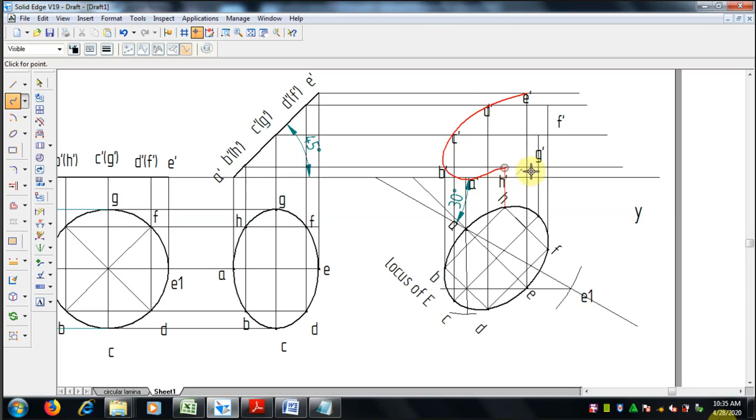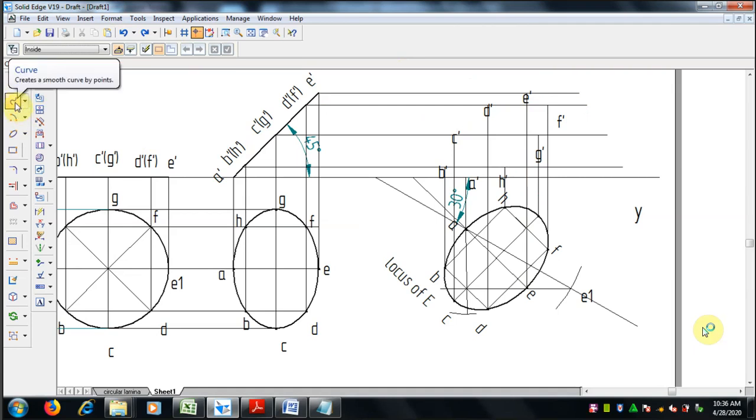H. The end points we have to select properly, otherwise undo it.